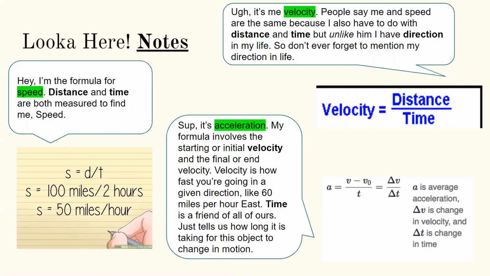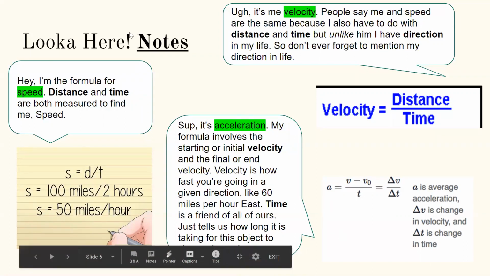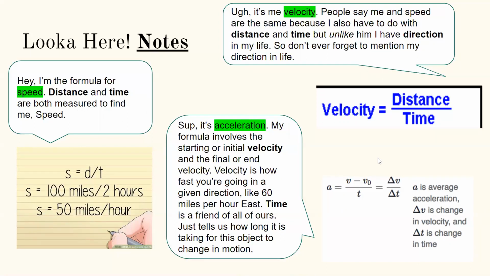and the final or end velocity. Velocity is how fast you're going in a given direction. We just talked about that. Like 60 miles per hour east. Time is a friend in all of these. So if you see time here, you see time here, and you're also seeing time here. So time is universal with all of these formulas. It just tells you how long it takes for an object to change motion or to